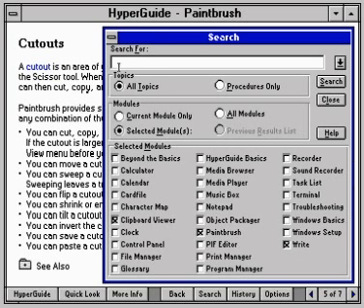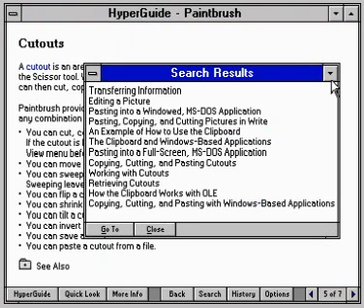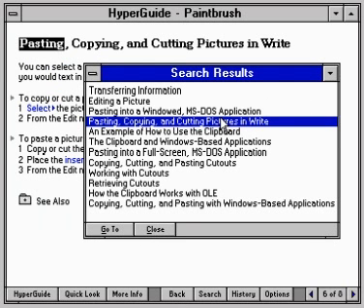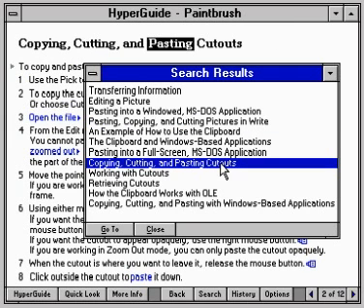Once you've typed in the word or phrase you want to search for, you just click the Search button. And HyperGuide displays a list of all the topics where that word or phrase appears. Then you double-click the topic title to jump to the topic. The search results window remains open so that you can choose other topics until you find the one that is